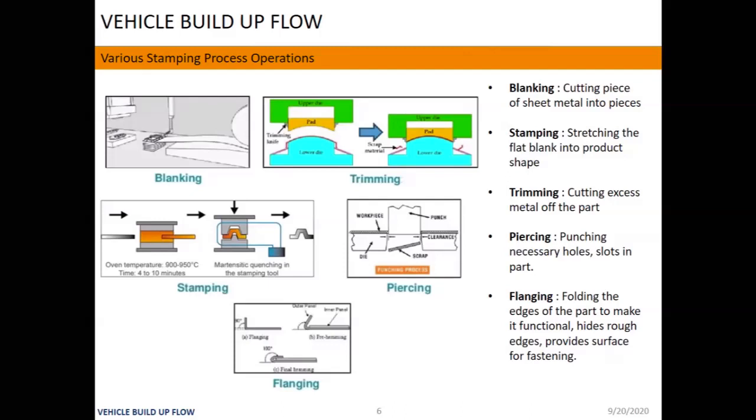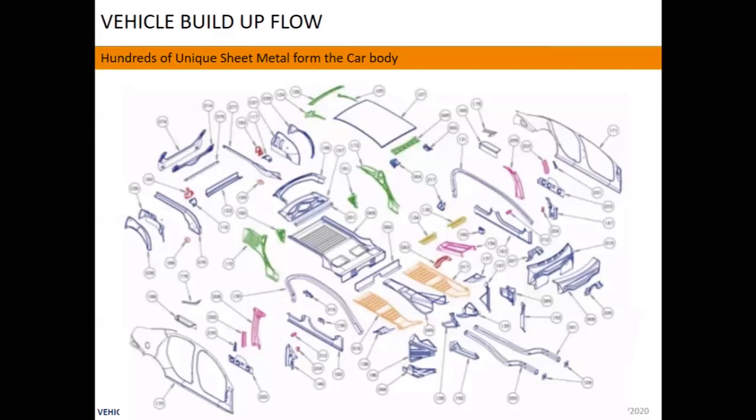Now this is the process for a single part, but there are a number of parts in the BIW. So these many parts are there in the BIW. Hundreds of parts in each and every aggregate: underbody number of parts, door number of parts, side body number of parts. So these many parts will be created by this operation, stamping and everything.